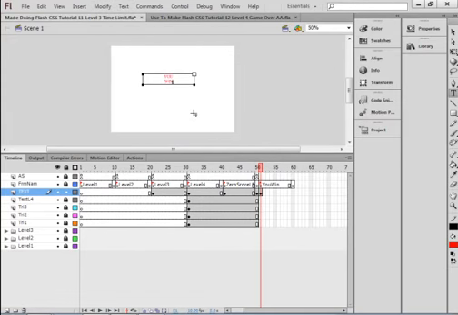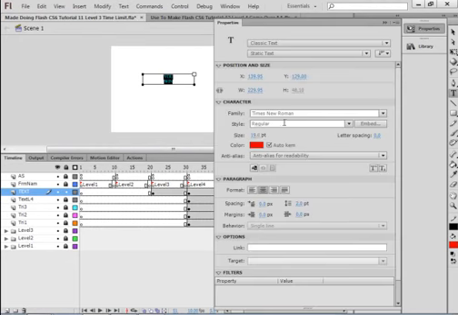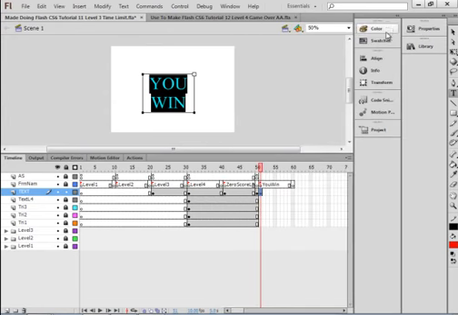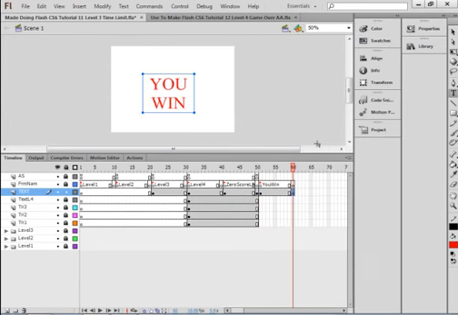W-I-N. I'm actually going to make that font bigger. Get up around 50 something. There, look, you win. Good. And select this frame, insert keyframe. So when it jumps to this frame, you win. Select this